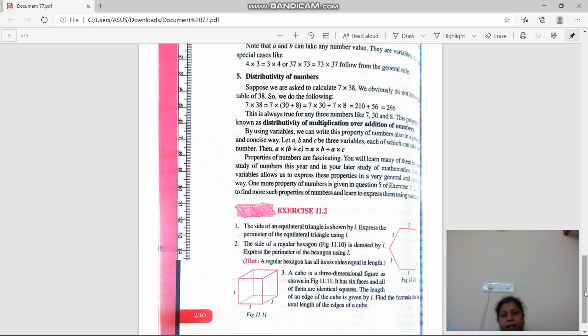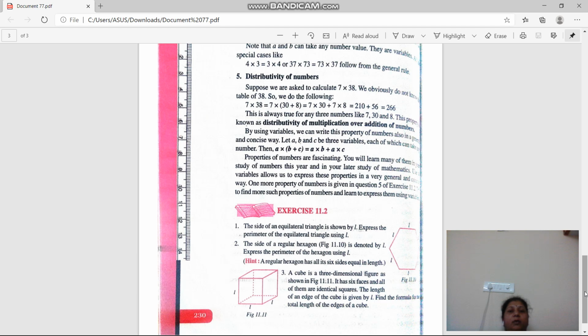Otherwise, I can say you have to know all the formulas that we are going to prove. That is, in the first example there is the formula for the perimeter of an equilateral triangle. Then I am expecting you to have the knowledge of what a perimeter is and what an equilateral triangle is, right?